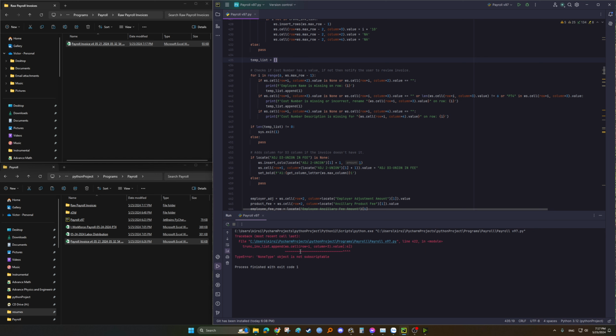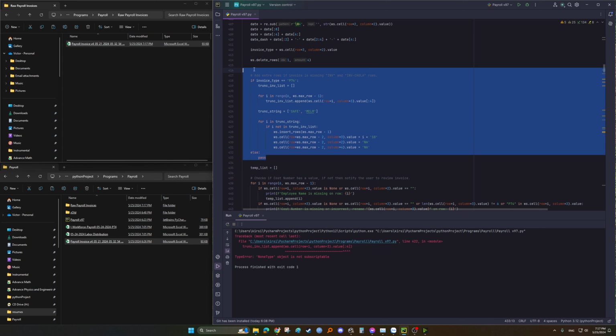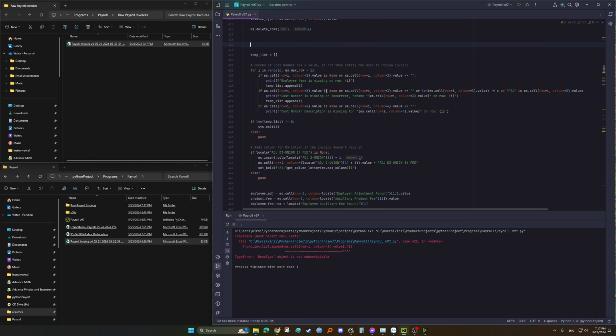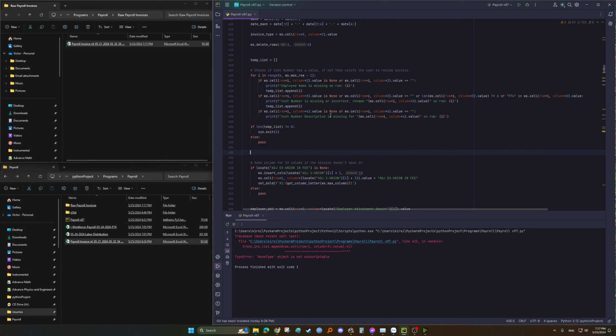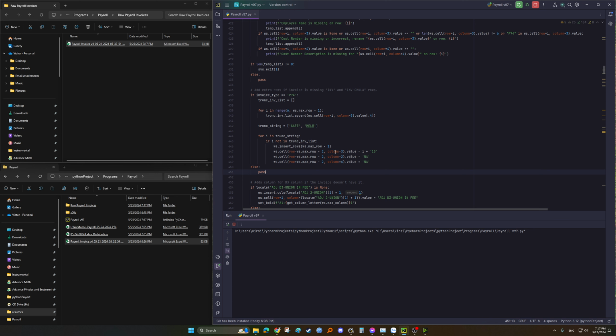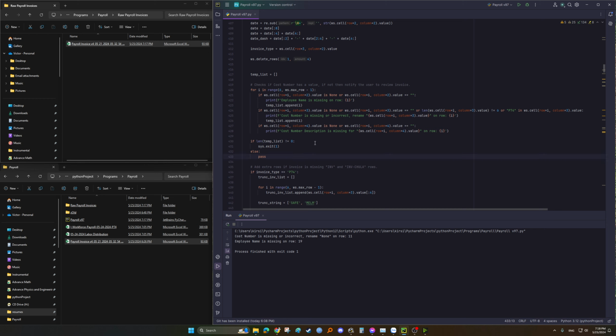Oh, actually I should put this after this. Okay, there we go. I had to move this because this was also reading some of the rows and columns, but this is supposed to be the check before that happens. But anyways, as you can see here,